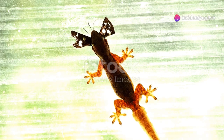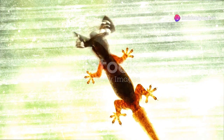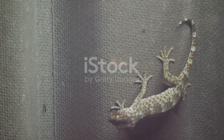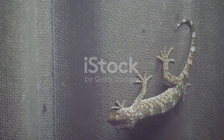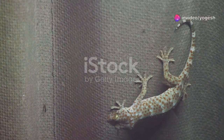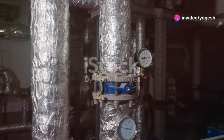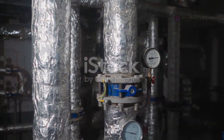PTFE, better known as Teflon, is truly the king of low friction. Almost nothing sticks to it, not even geckos, which are famous for climbing nearly any surface. This unique property makes PTFE legendary in the world of materials science, and it's why you'll find it in so many surprising places. PTFE is nearly chemically inert, meaning it doesn't react with most substances, and it can handle a